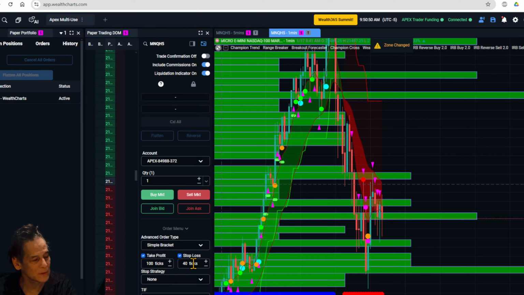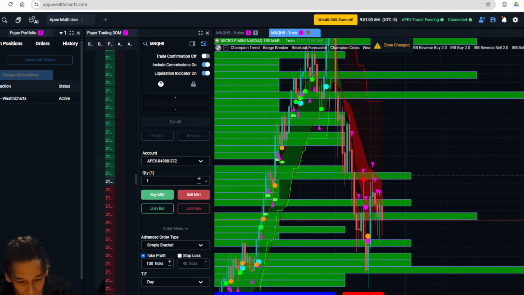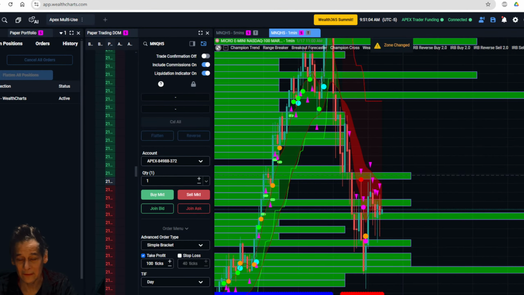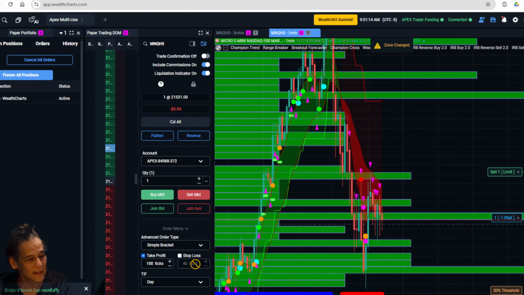Okay, so what I'm going to do is I'm going to take my stop loss here and do a mental stop loss. I'm actually going to buy here again, or am I? You know, there's that hesitation going on. They're really just duking this out, so to speak. I'm actually going to buy here with the stop loss off. And the reason I'm doing that is because there's a potential for this to